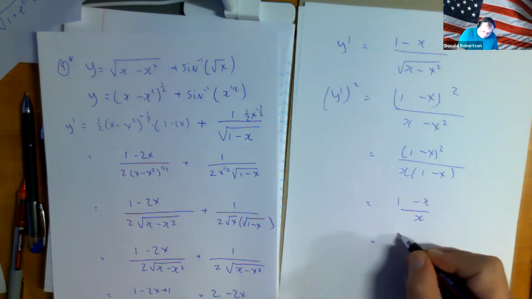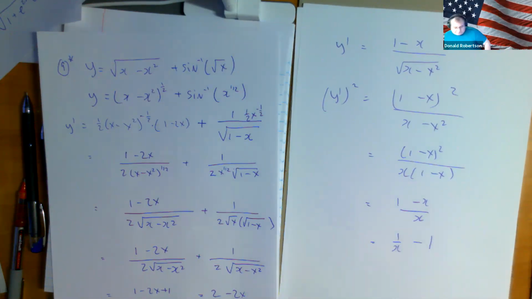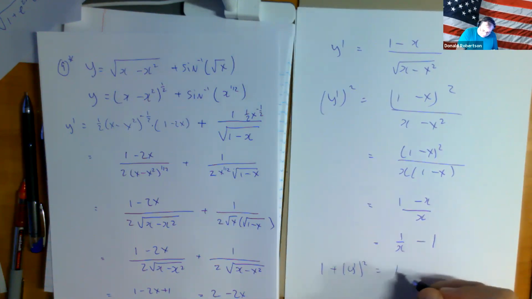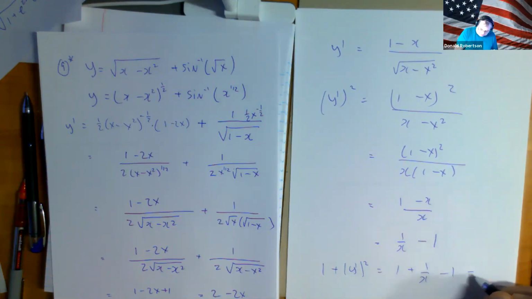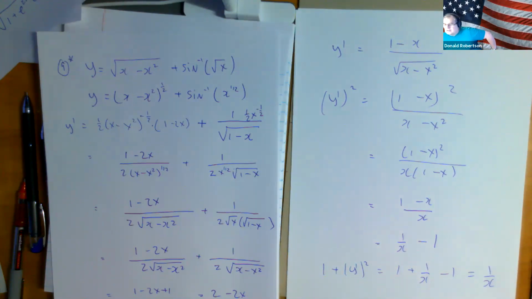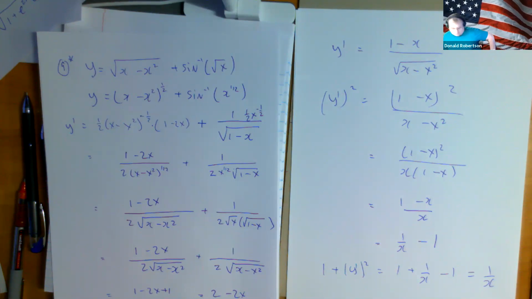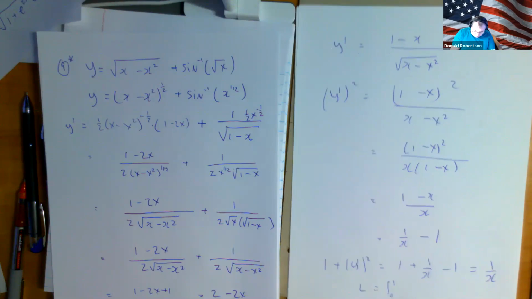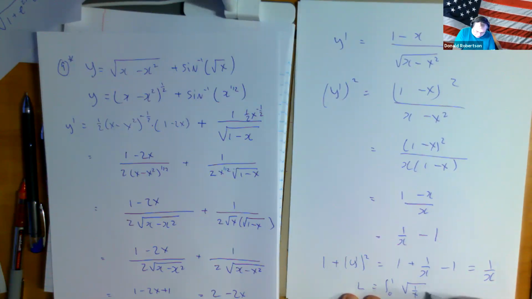Which can be separated into that. And now I'll do 1 plus the derivative squared. And God, would you look at it? 1 over x. So the arc length is the integral, well, they don't tell you, but it's from 0 to 1 of the square root of 1 over x dx,